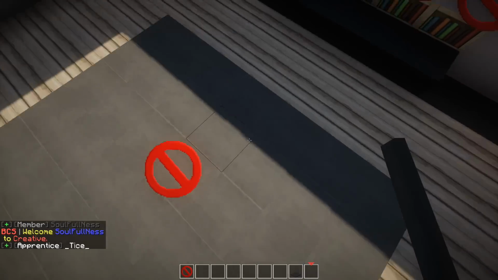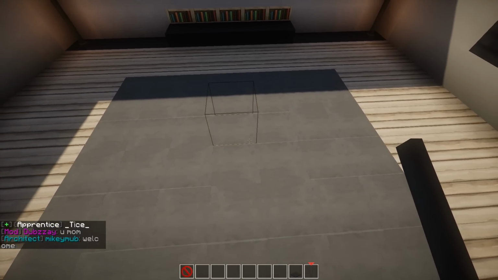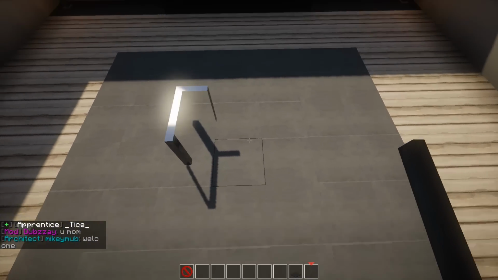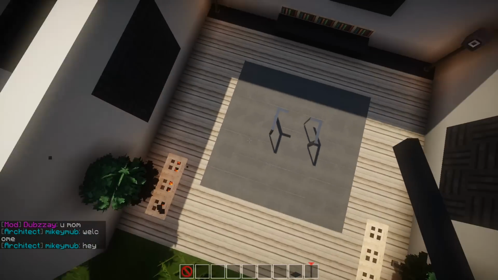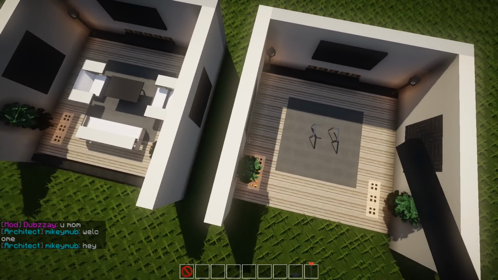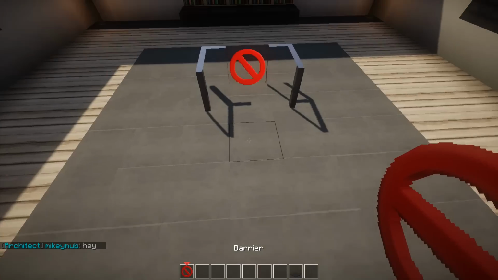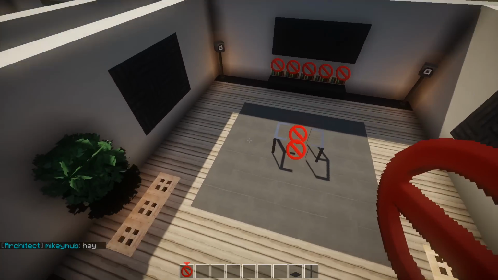So this is 2 in, like I said, and that is a center block. So you're going to want to have 2 of these just like that. That is right, I think, right? Is that right? That's right. Okay, sick stuff. So you're going to want to have 2 of them just like so.